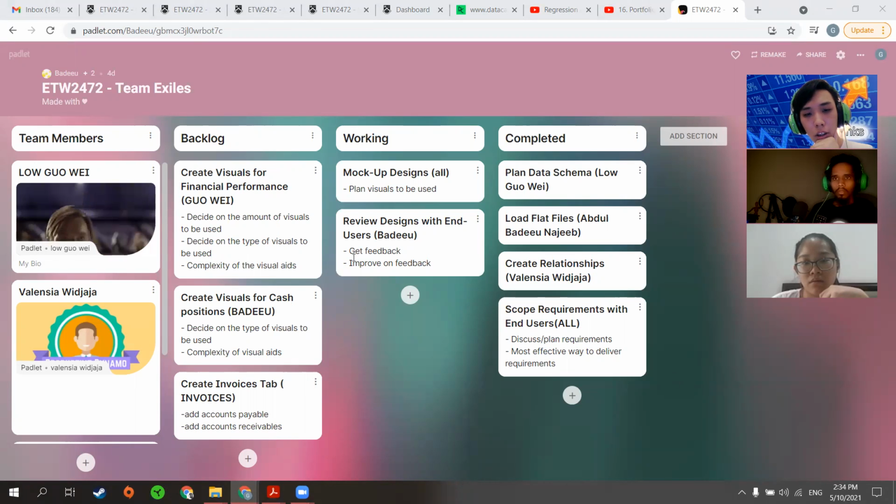Because we need to mark out the designs, the review designs, then start this. Or we can allocate it already for our next one. This shouldn't take so long, so I think we can do Wednesday or Thursday. We just draw up the mockup design, send it to the analytics manager, and you can pretty much start on this already. So let's have it either Wednesday or Thursday. We can decide on the WhatsApp group.